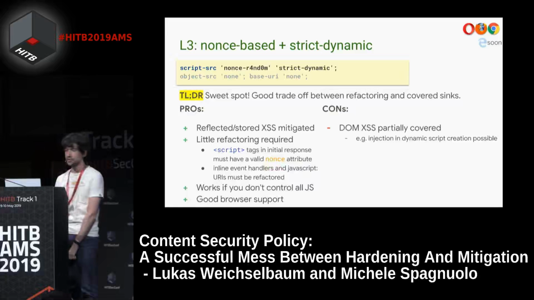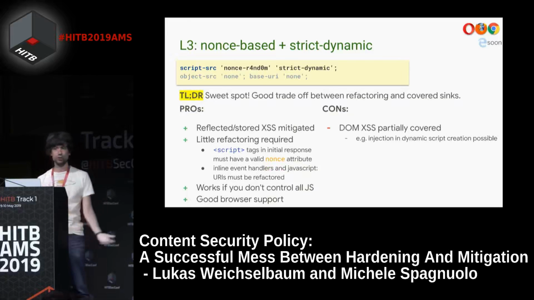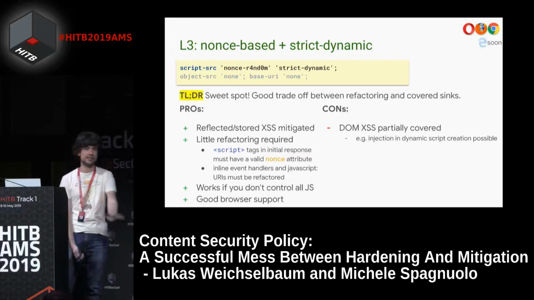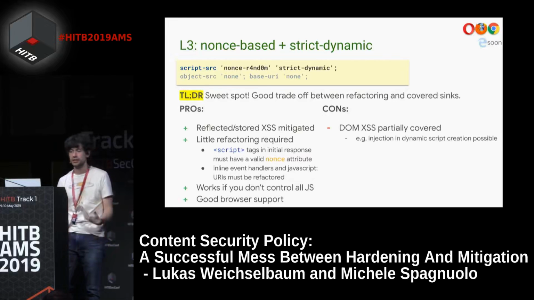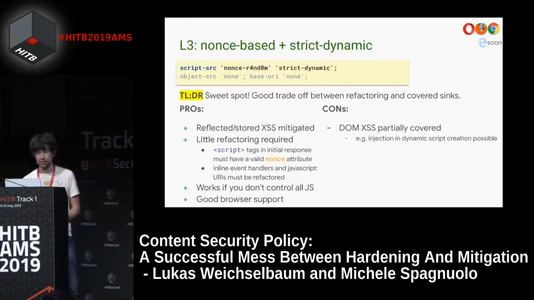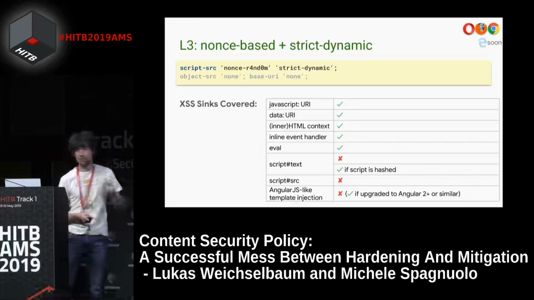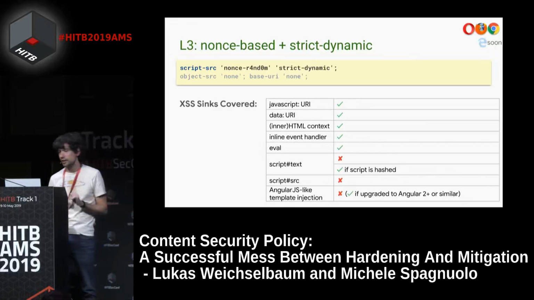Okay, so even better is dropping unsafe-eval. If you don't use eval, you just drop unsafe-eval, and you remove an entire class of vulnerabilities, the ones that use eval. So basically, you just drop eval. And it's like before, but eval is also covered, okay? Here